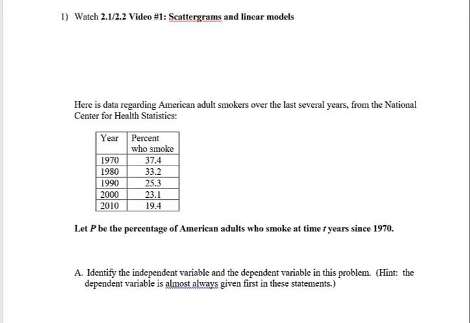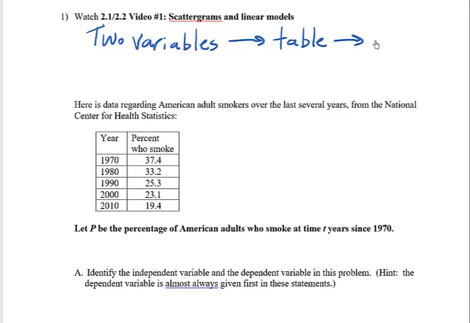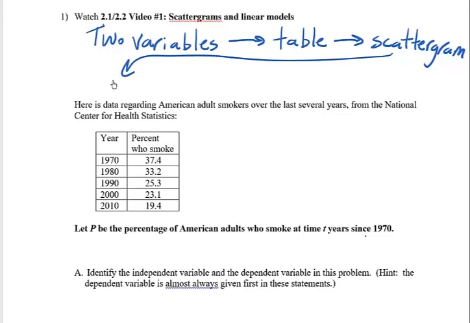Let me give you the flow we're going to follow. The idea in all of these problems is there will be two variables that we're interested in learning about. We're going to collect some data for those two variables and organize our results in a table. Then we're going to draw a graph of the data. That graph is called a scattergram. Then we'll hope to find a pattern in the data